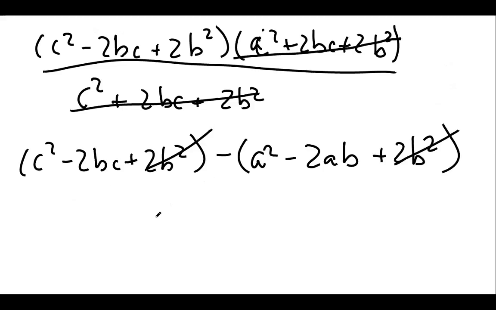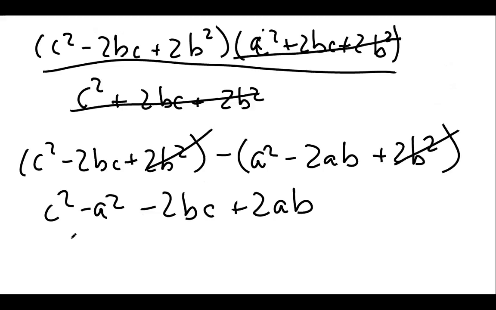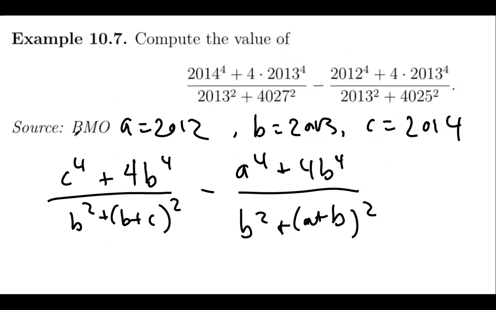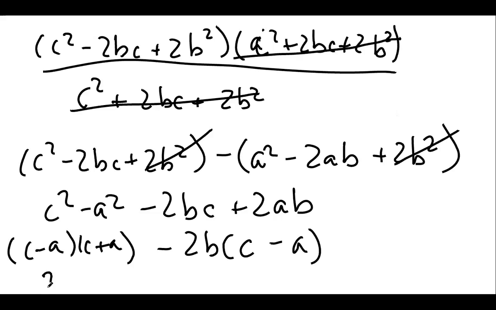And then we also have c squared minus a squared minus 2bc plus 2ab. And we can do some factoring now. C minus a times c plus a can stand in as a difference of squares for this. And then for this one, we can factor out 2b from both, and that leaves us with 2b times c minus a. Okay, if we look back at our original definitions, c minus a would be 2, and c plus a would be